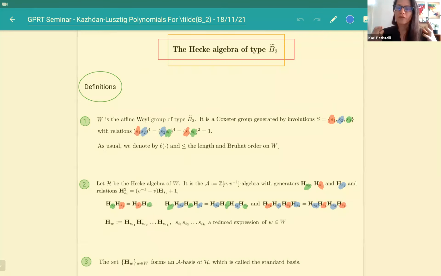So I'm going to start with the first definitions that we're going to use throughout this talk. The first is regarding the Weyl group that we will be working on. This is type B2. So we're going to have